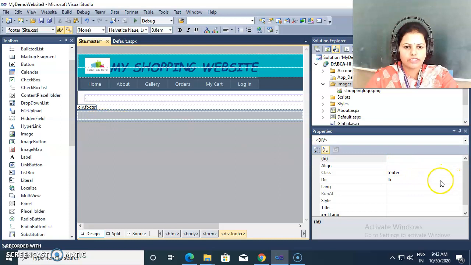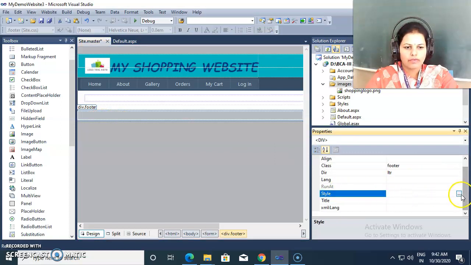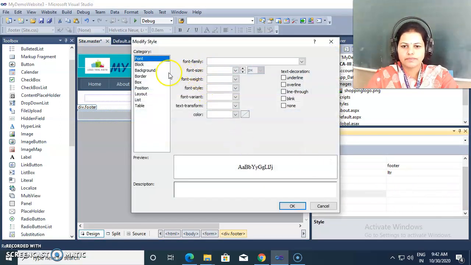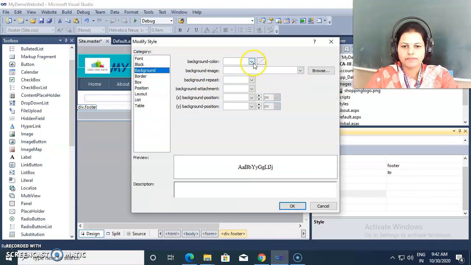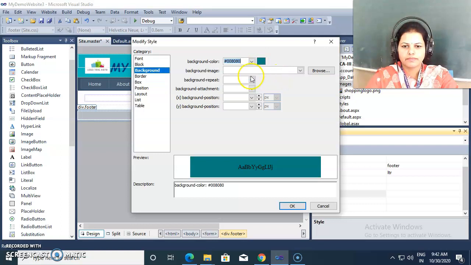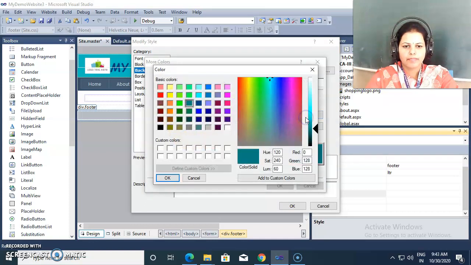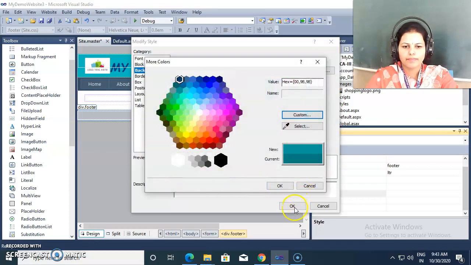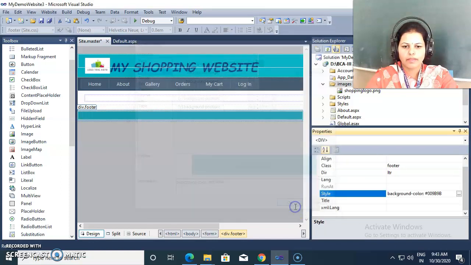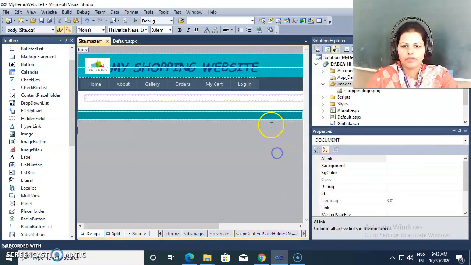Also we can change the style for the footer. Background color I am changing here. So I am giving the footer color as this.